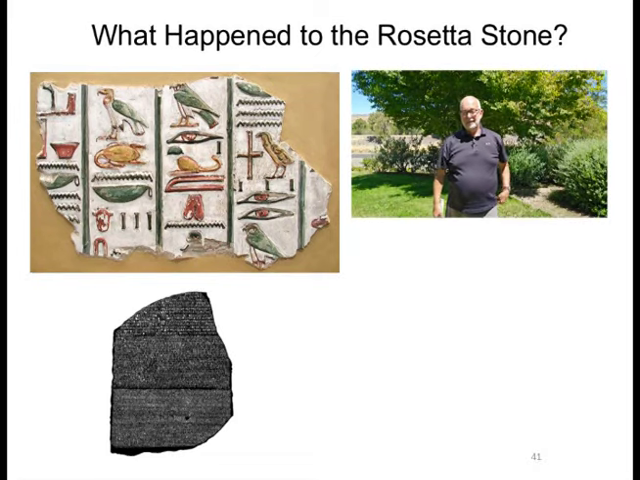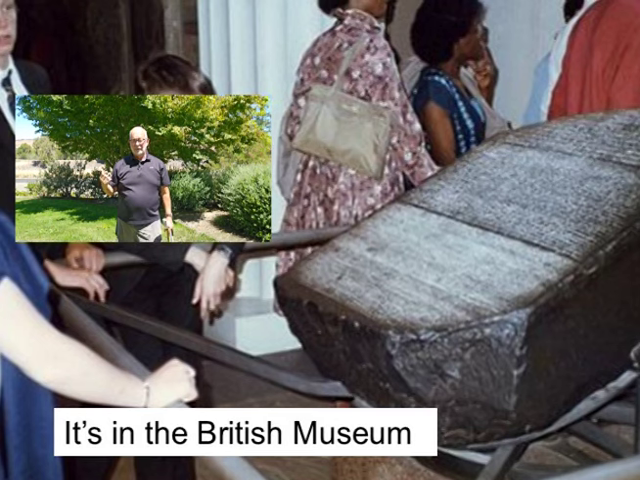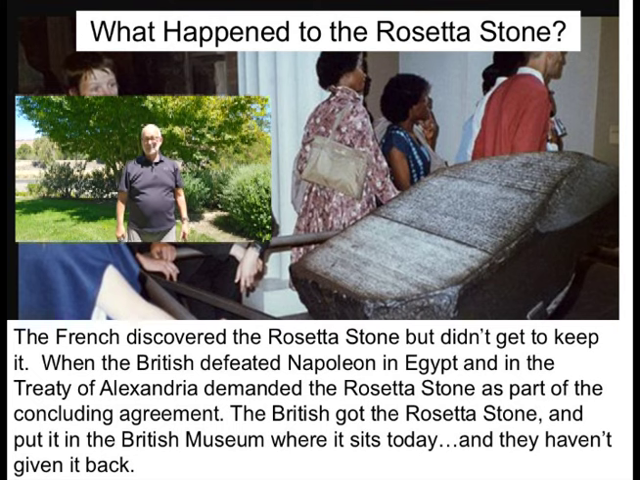We're getting to the end of this movement map lesson, but before we get to the end, I want to sort of wrap up the story on the Rosetta Stone. So what happened to the Rosetta Stone? If the French discovered the Rosetta Stone and a Frenchman interpreted it, how come the Rosetta Stone is now in the hands of the British in the British Museum? The answer to that is that